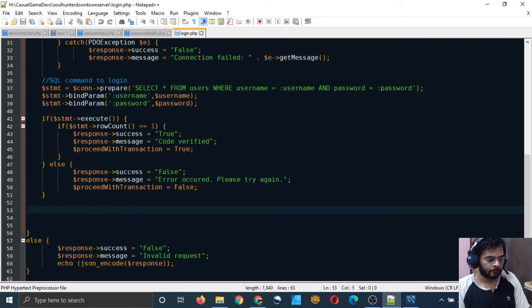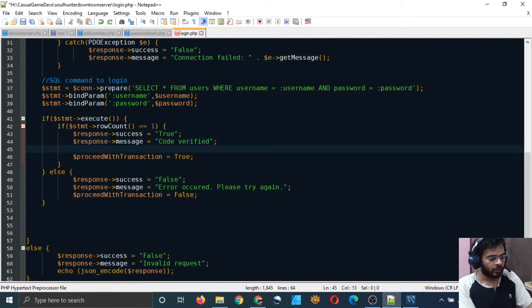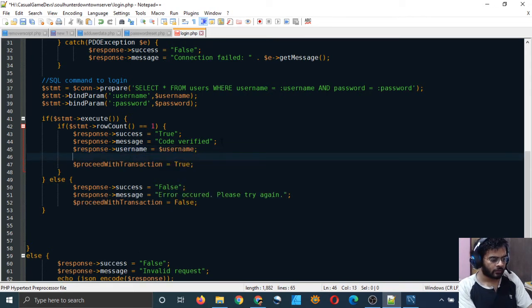Okay, if we have found one row, this means that they have entered the correct username and the correct password, so in our response variable we should just say that we will send back their username and password. Maybe username is equal to $username and password is equal to $password. We'll just do that, and that's it.